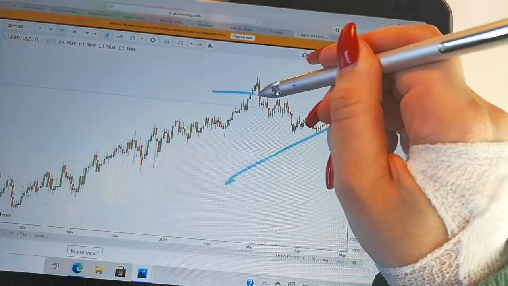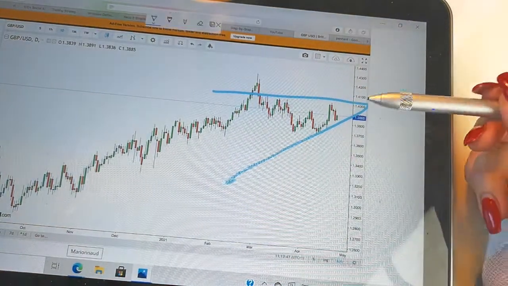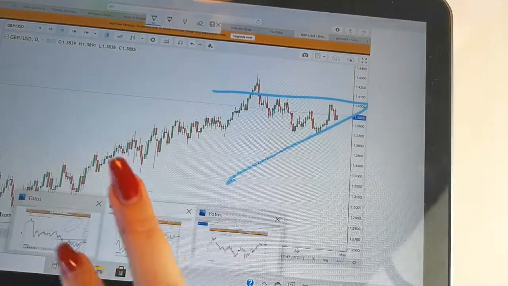Interesting, because this is an ascending triangle like the one we saw on a monthly level, which is actually brilliant, because if you have